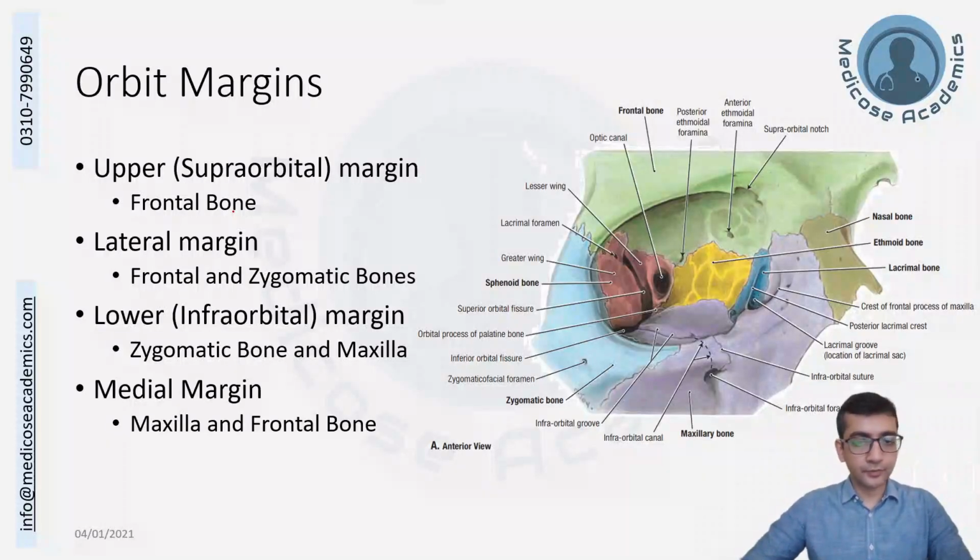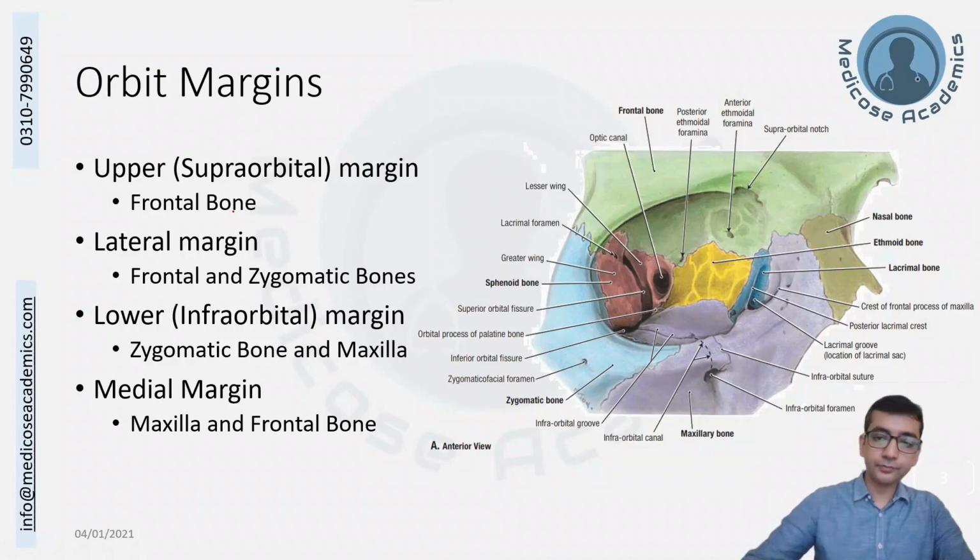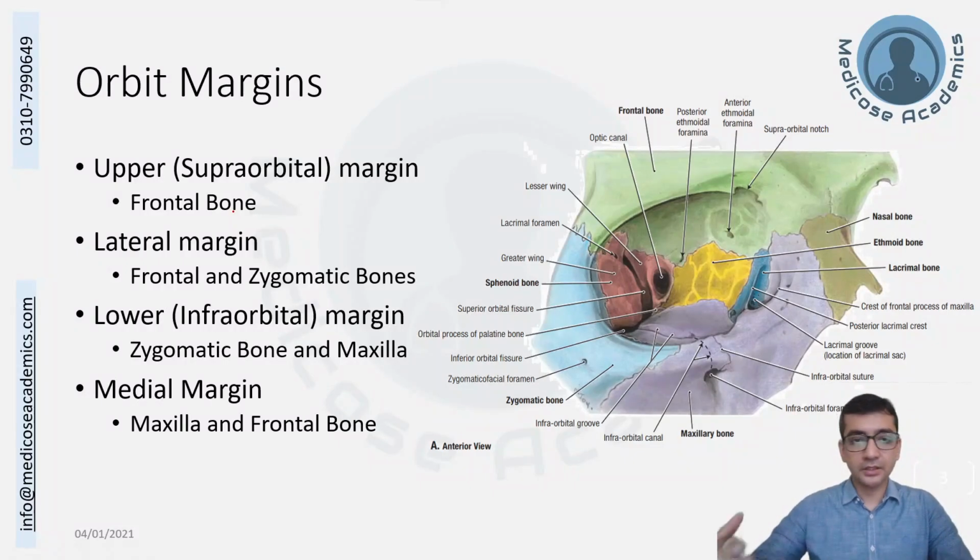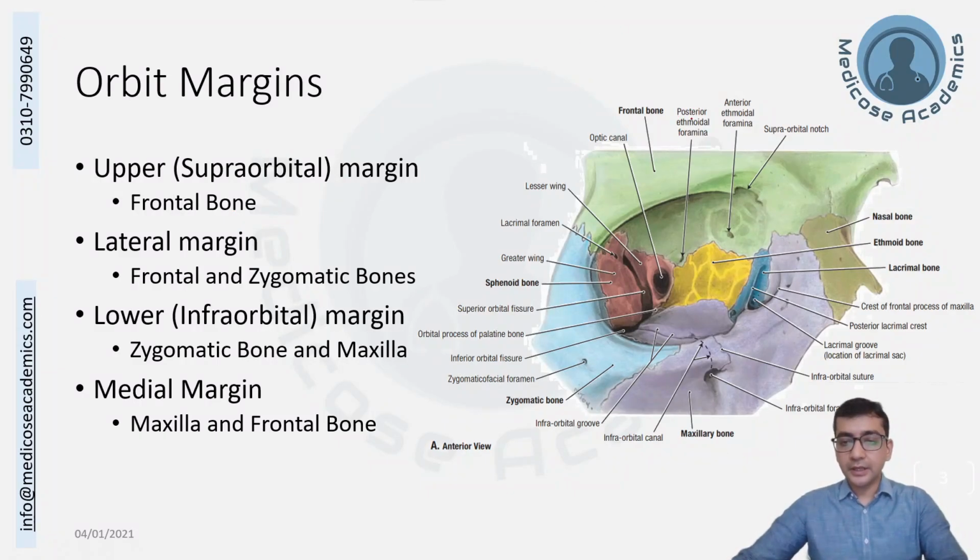Let's start with our topic for today. That is, let's start with the orbital margin. The orbital cavity opens to the front, and this margin of bone that demarcates the entry point of the orbital cavity is known as